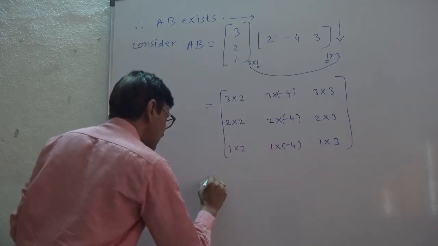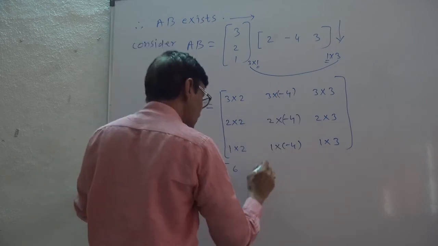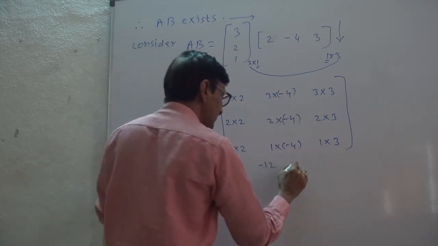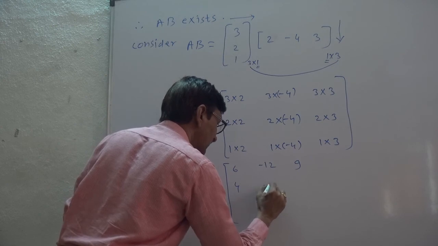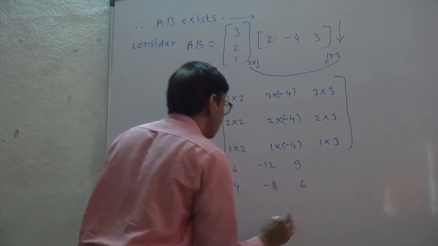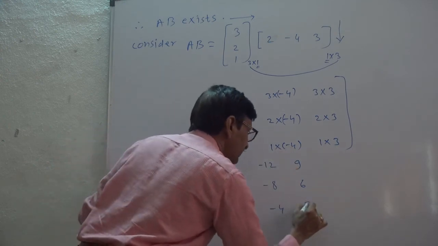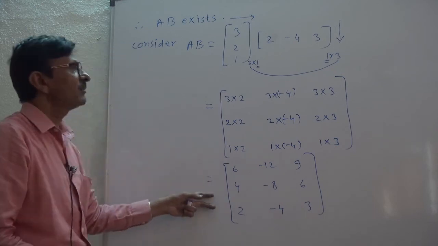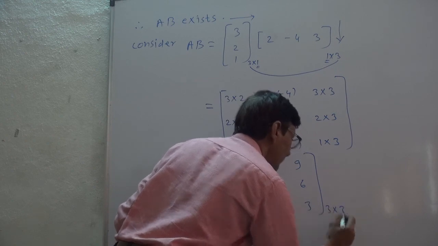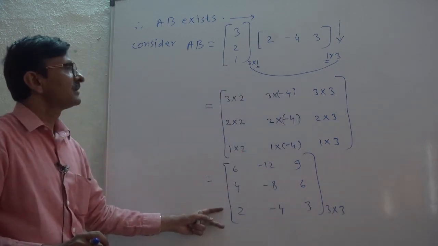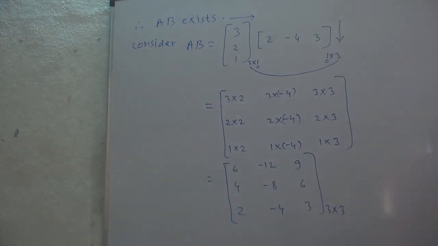Now this gives us the matrix: 3 2s are 6, 3 4s are 12 with negative sign, 3 3s are 9, then 2 2s are 4, 2 4s are 8 with negative sign, 2 3s are 6, 1 2 is 2, then minus 4 and 3. So that is the required product. The product of A and B is obtained to be a matrix of order 3 by 3. Now let us find the next value. The next example is